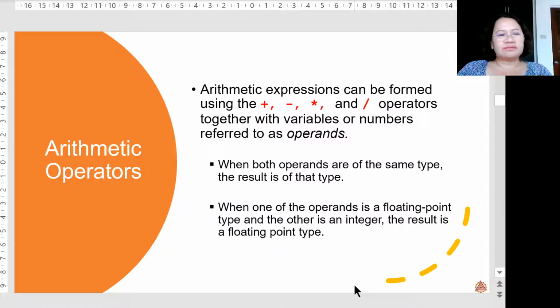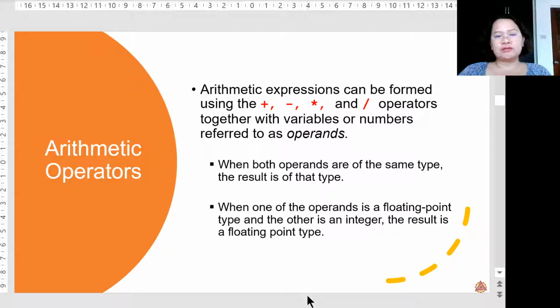Okay, so there are rules on how Java evaluates your arithmetic operators. Wala nang change ang meaning. So multiply or division is the same, na-change lang ang symbol used for the operation. But the meaning is still the same. However, in terms of what is the type of the result,